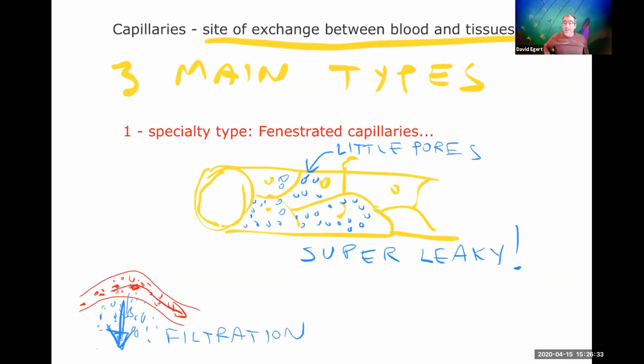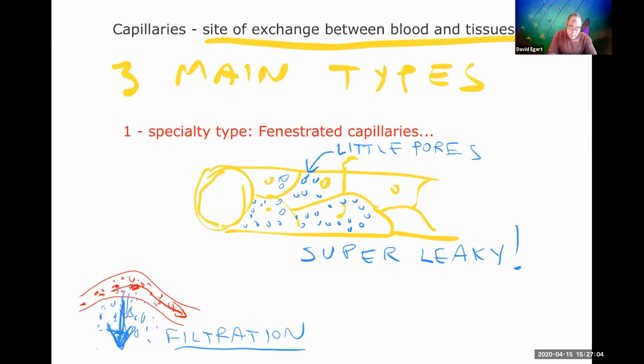So this is one of the core processes happening when we made CSF in the choroid plexuses. This happens in lots of different places where you're creating these fluids. It's also going to be a key part of what's going on in the kidneys when we do the kidneys in a little bit. So filtration just means fluid and very small dissolved solutes can leave the blood vessel,